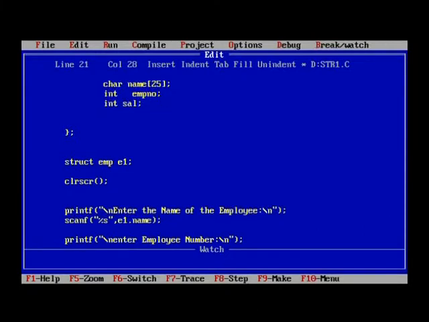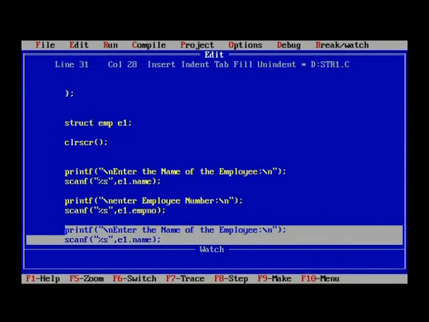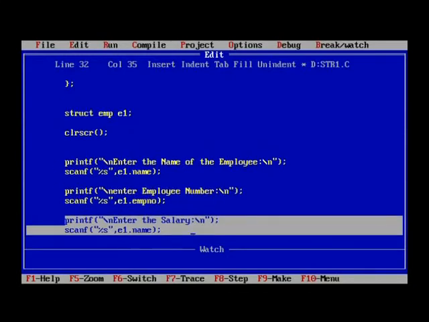EMP number, it is okay. Then the next thing is you have to enter the salary. So when we have this, we have to put that into salary. Is the name okay?